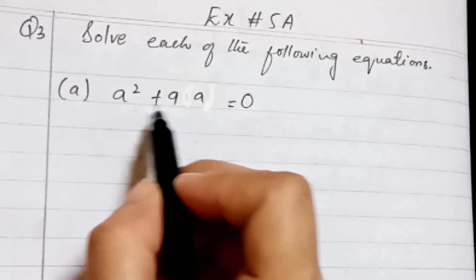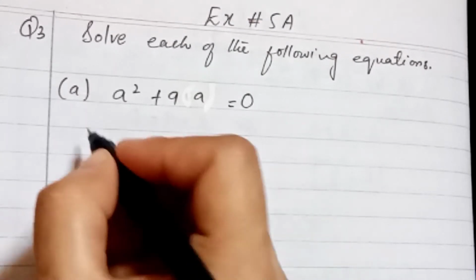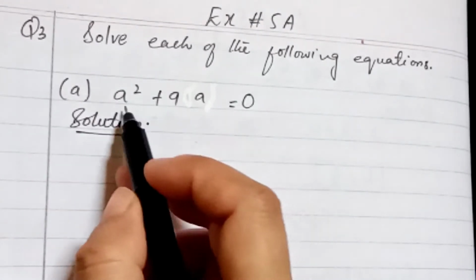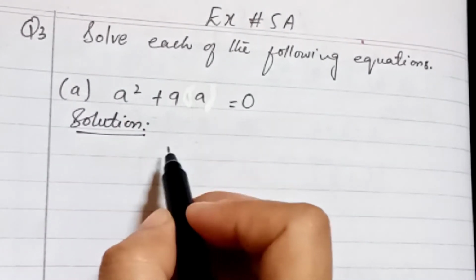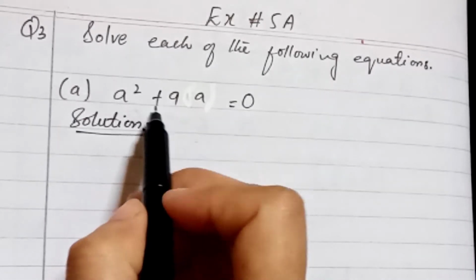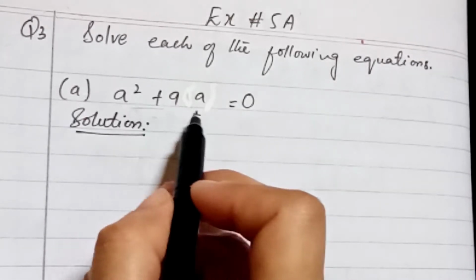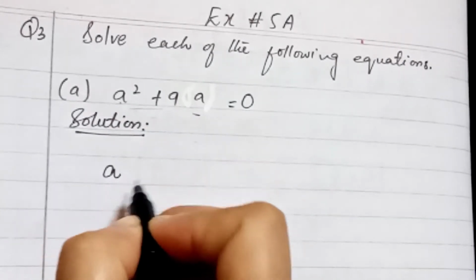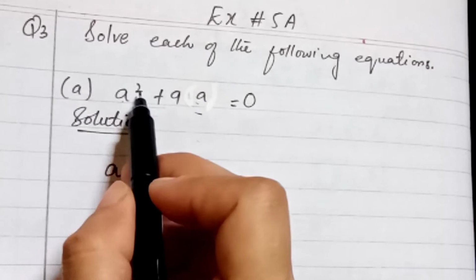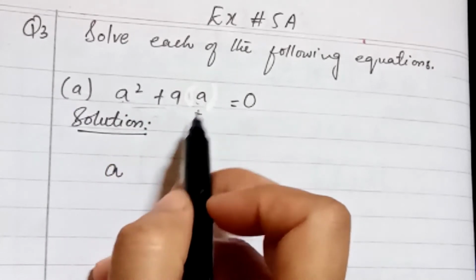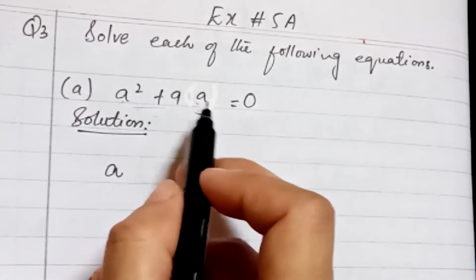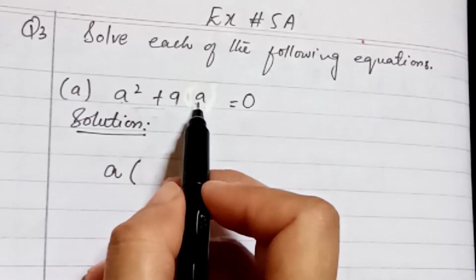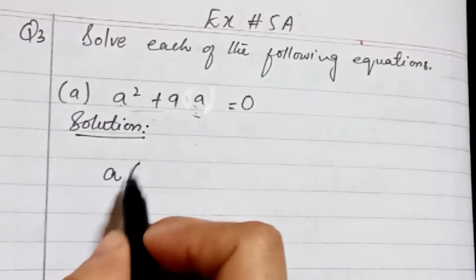You can see we don't have two factors here. For applying zero product property, we have to have two factors. So we convert this equation like we have in question number 1. So by taking common, what can we take common here? a with power 1. When we have two different powers, a power 2 and a power 1, always take the smaller power as common. So we have taken a power 1 common.